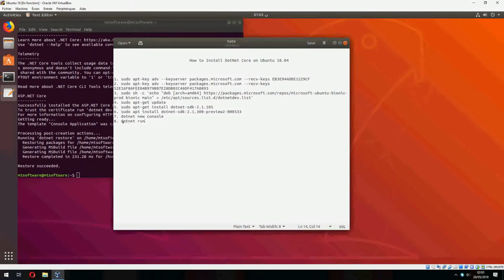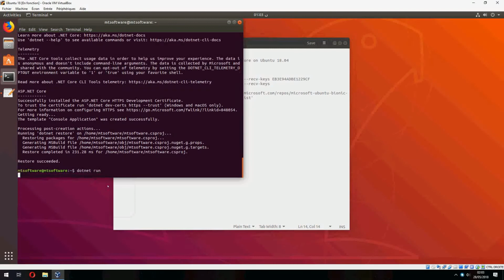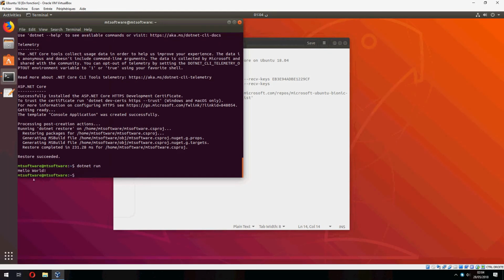And now let's copy this command to test .NET Core. So, hello world, that means .NET Core is already installed. So this is how to install .NET Core on Ubuntu